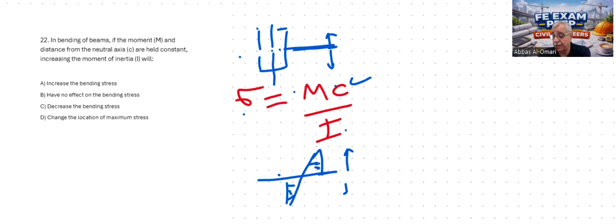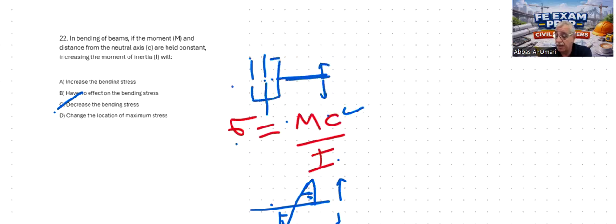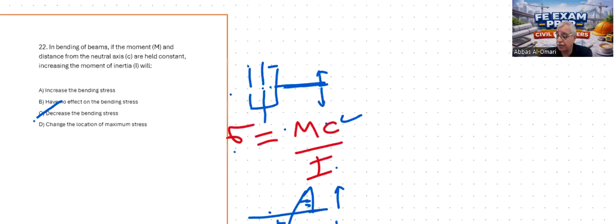So the correct answer is C. If the moment of inertia increases, the stress from the bending moment will decrease. Again, there is always a question about this formula in the FE exam, so you should remember and understand this formula. The next question,